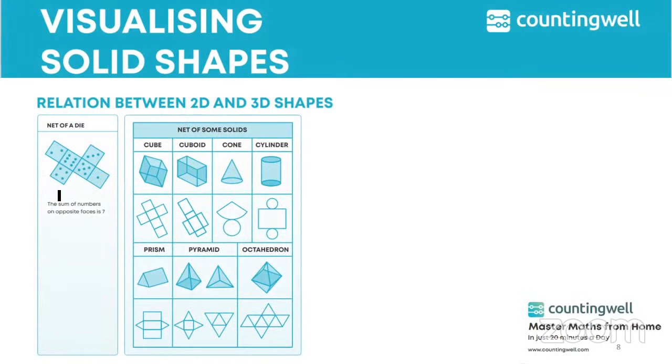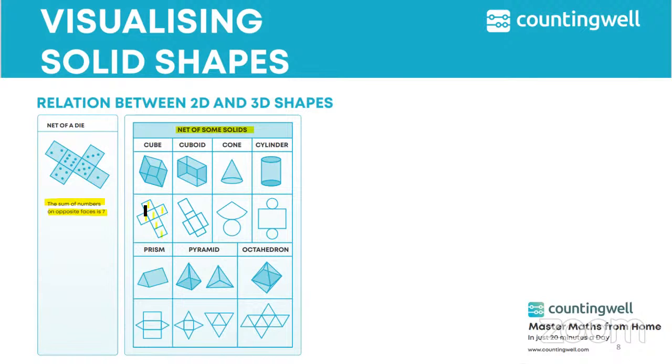Let us see the net of a die. The sum of the numbers on opposite faces should always be 7 for the net of a die. Let us see some nets of solid shapes like cube, cuboid, cone, cylinder, prism, pyramid, and octahedron. So here you can see a cube has 6 faces. So there will be 1, 2, 3, 4, 5, 6